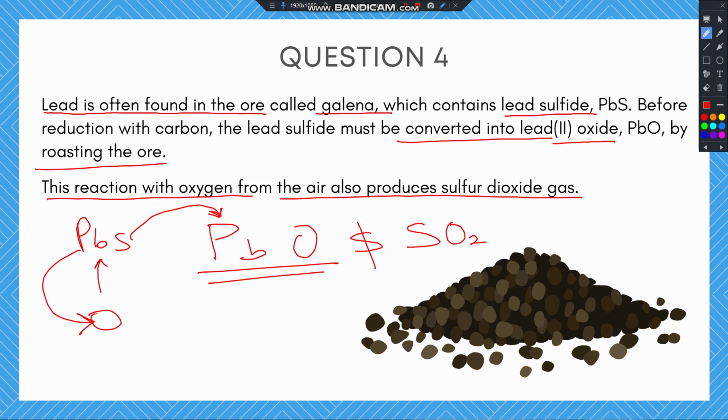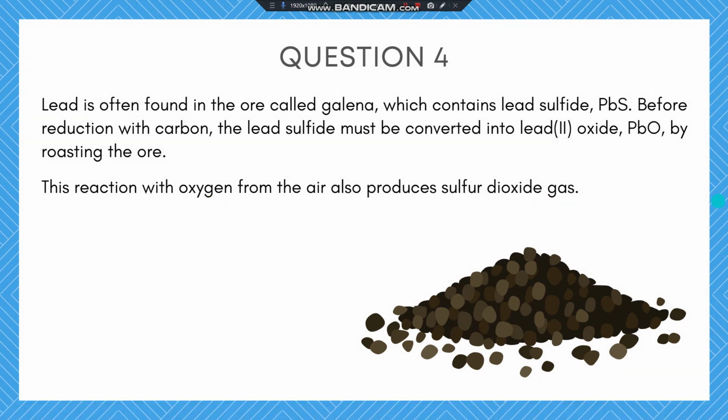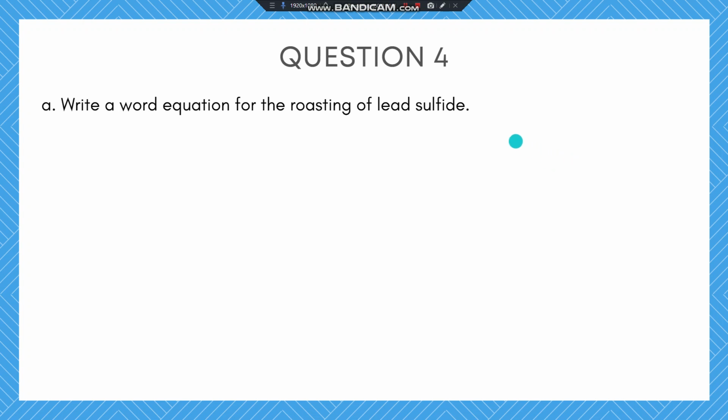So they're asking us to do a number of things. Let's see what they're asking us to do. First of all, they're saying write a word equation for the roasting of lead sulfide. A word equation is simple. What they're saying is